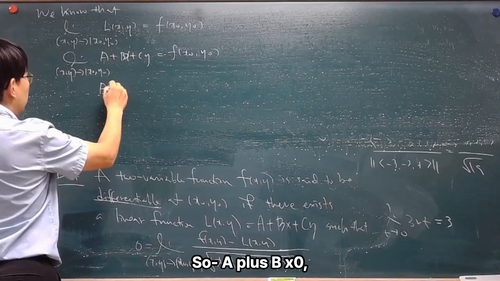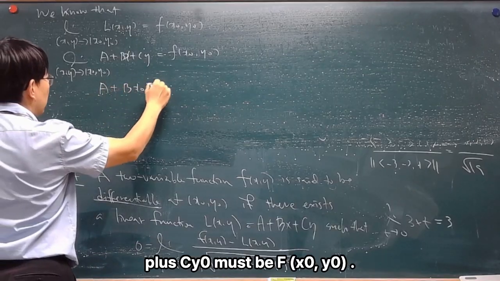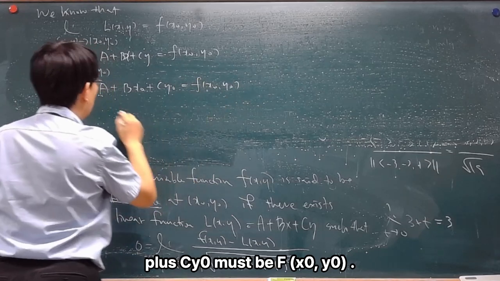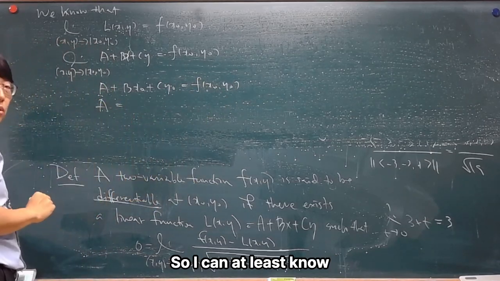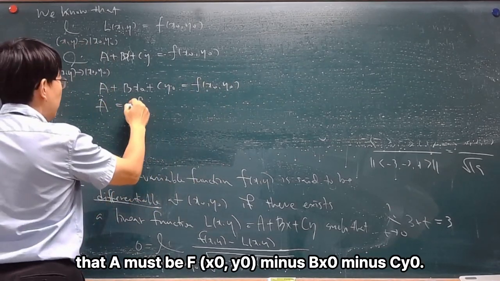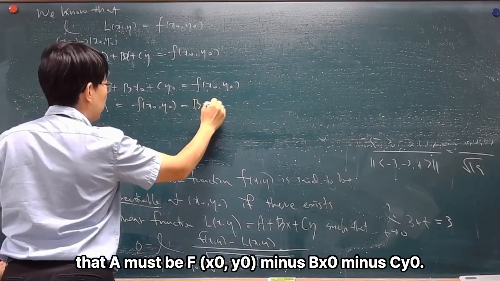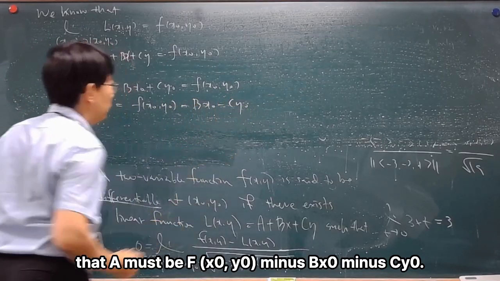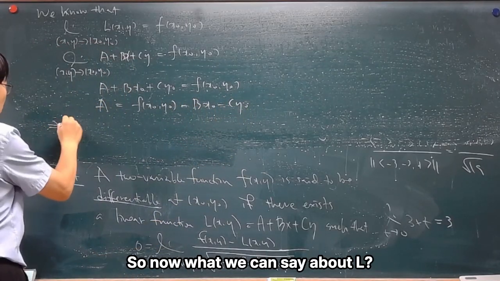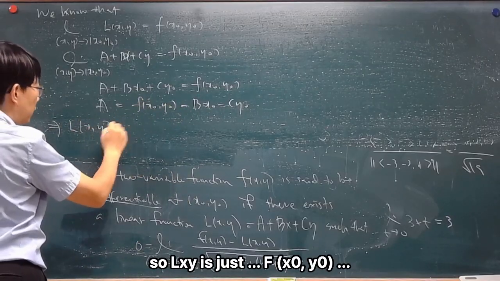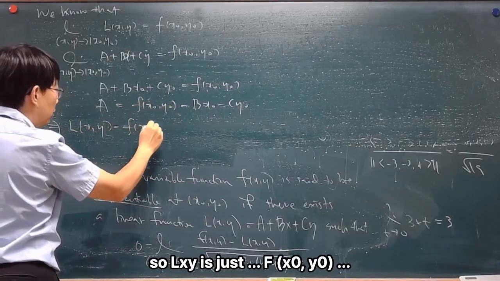So a plus b x0 plus c y0 must be f(x0, y0). So I can at least know that a must be f(x0, y0) minus b x0 minus c y0. So now what can we say about L? I can get rid of a in terms of b and c. So L(x, y) is just f(x0, y0)